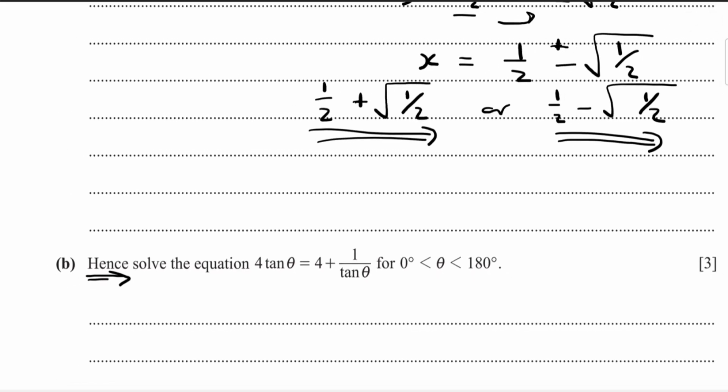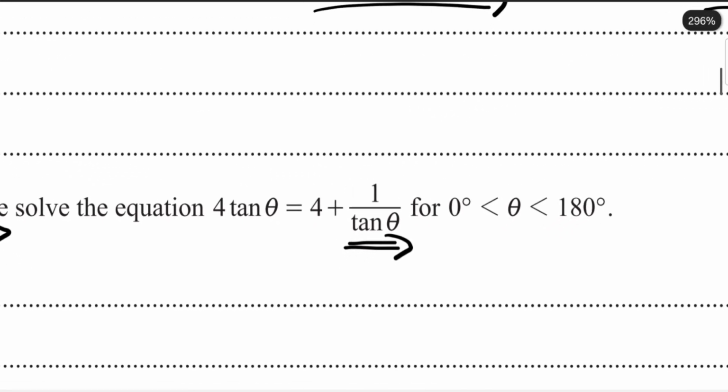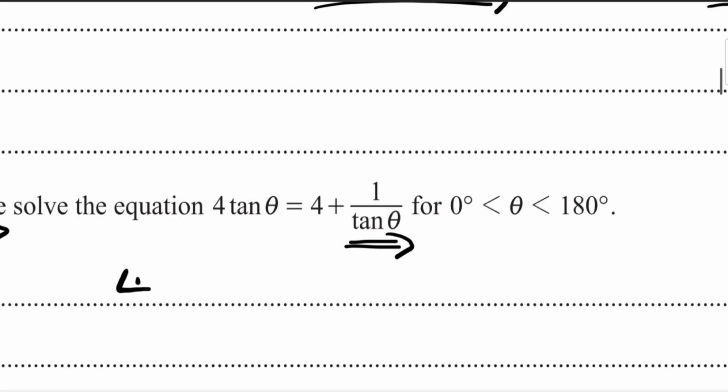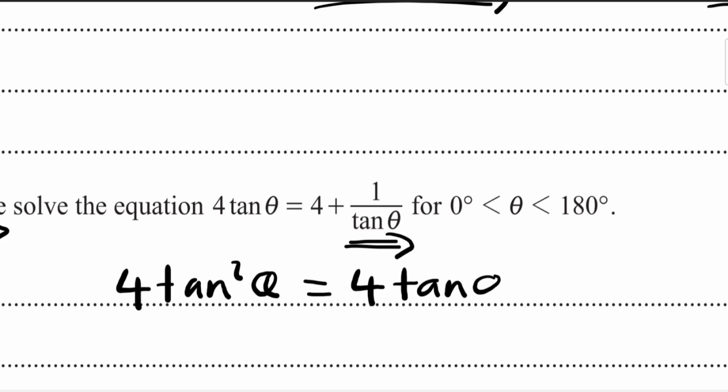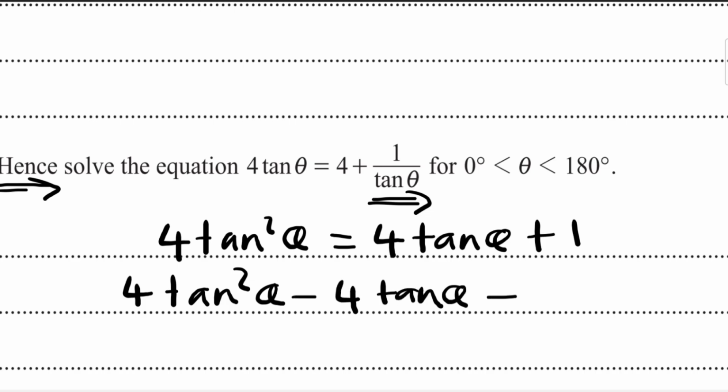So let's first try and make this into a quadratic equation in tan, and for that we just multiply everything by tan theta to get rid of this tan theta in the denominator here. So multiplying everything by tan theta, we get 4 tan squared theta equal to 4 tan theta plus 1, right? And taking everything to the left hand side, we get 4 tan squared theta minus 4 tan theta minus 1